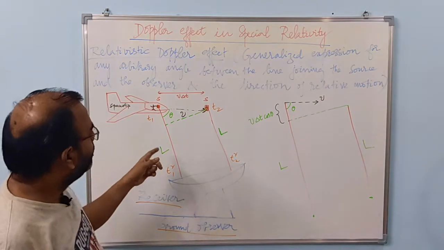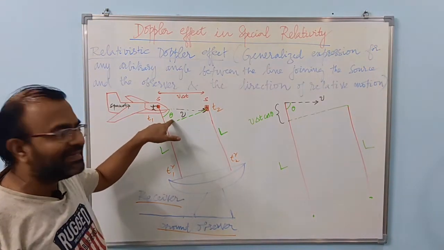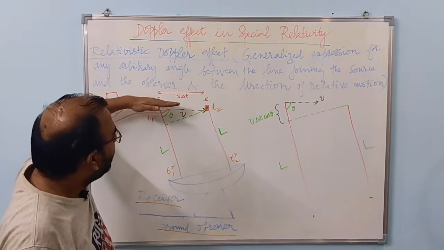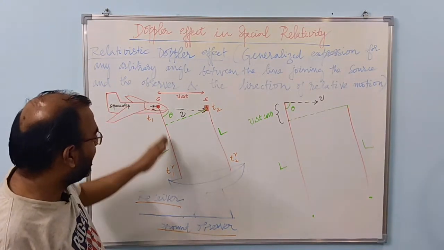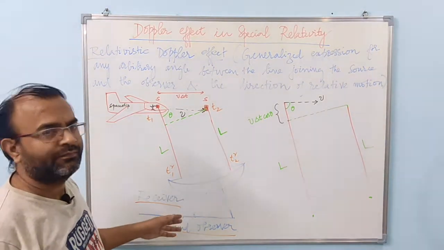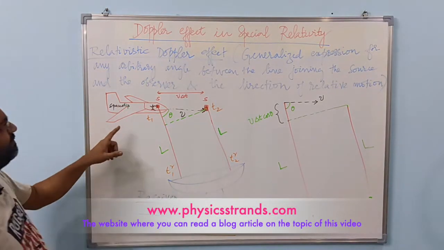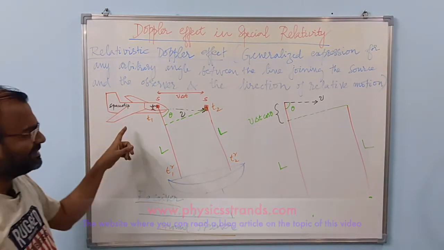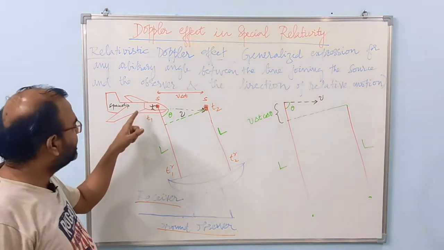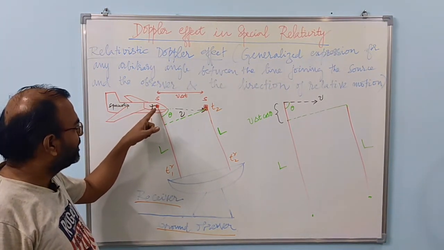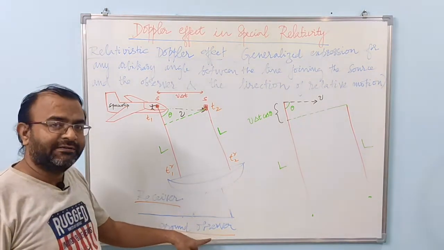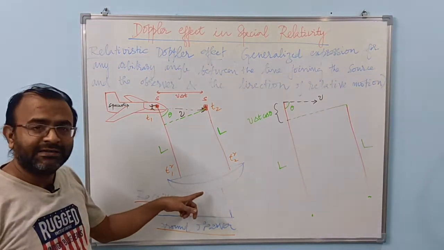But now we have taken an arbitrary angle theta between the direction of motion of the source or the observer and the line connecting the two, right? So we have taken an interesting example here. An astronaut traveling in a spaceship, let us say, is sending a signal to a ground based observer who receives it using a receiver,